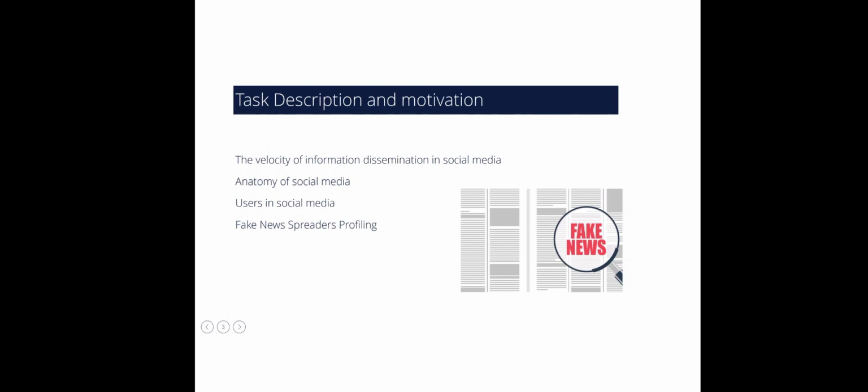So most users in social media use it for fun, sharing useful information, sharing their times, their stories, and also even promoting their business. But this freedom and the attribute of being unknown in social media give and provide an opportunity for content polluters who want to share fake news and false information in social media.